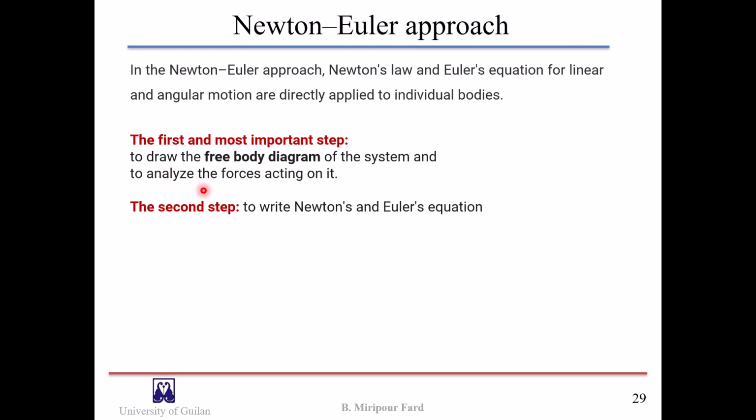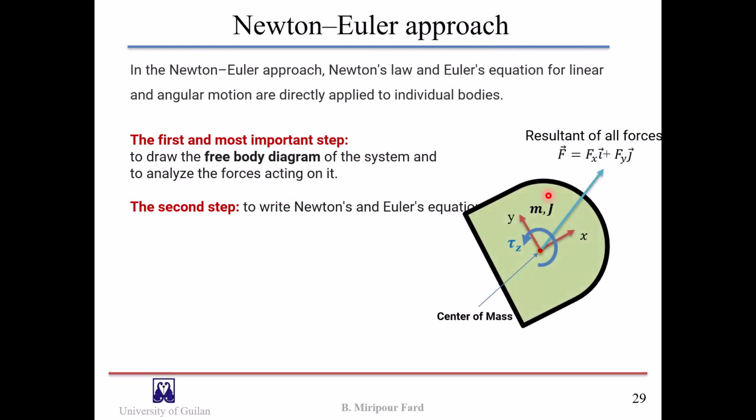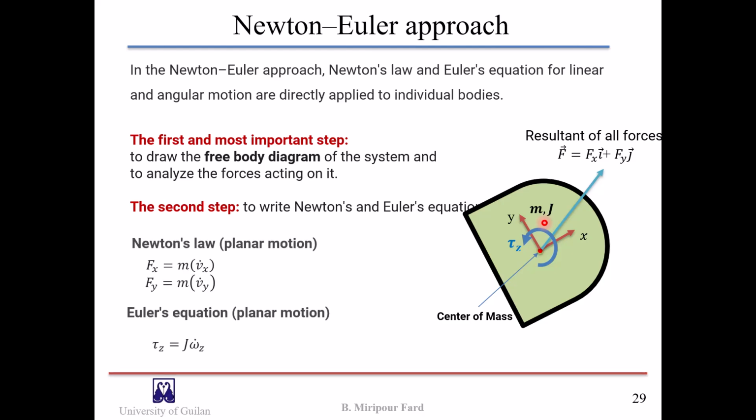After drawing the free body diagram and determining the forces and torques on each part, Newton's and Euler's equations are written. For example, for this rigid object that moves in the plane, Newton's equation in the x direction is Fx equals m times v dot x, in which m is the mass, and v dot x is the absolute acceleration